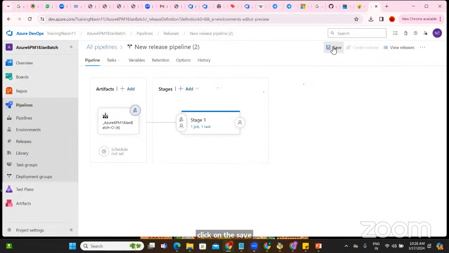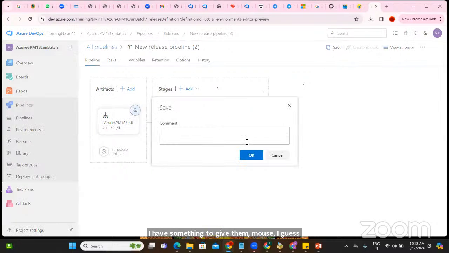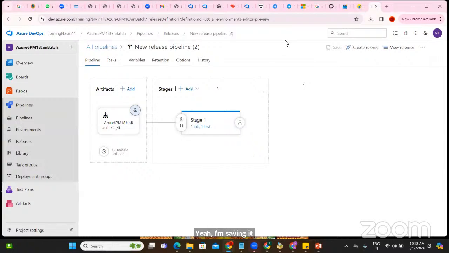I have some issues with the mouse, I guess. Yeah, I'm saving it, guys. See, guys, what will happen now? Believe me, this time, if I make these changes in how we will deploy to VM, you have to enable it in your code. It will come. Imran, it'll be coming the same way into VM as well.